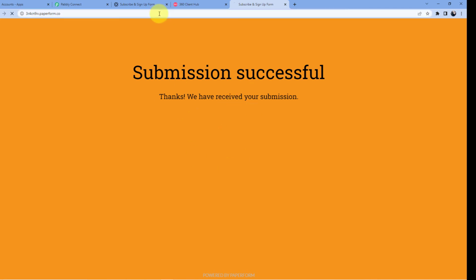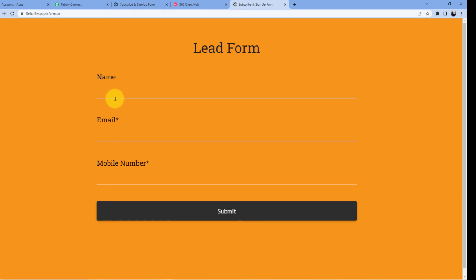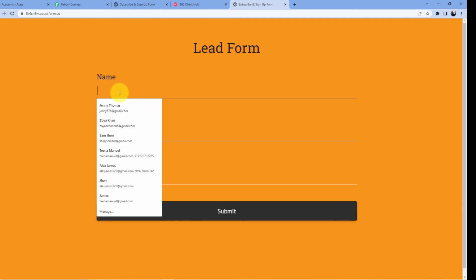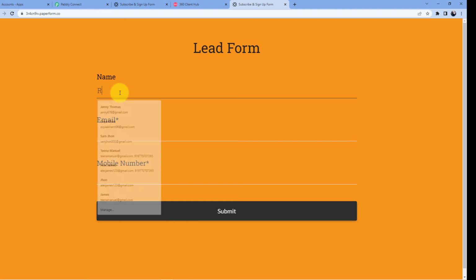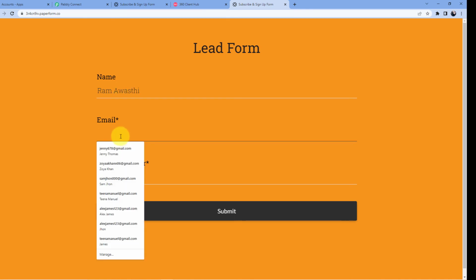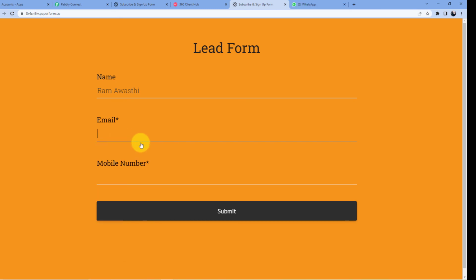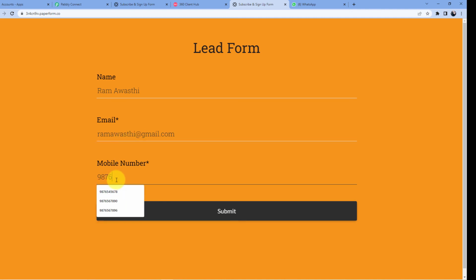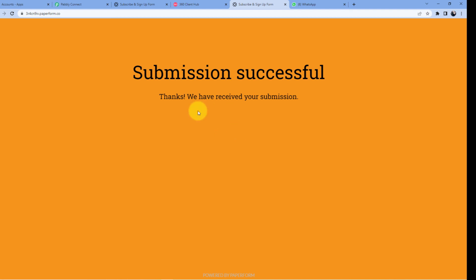Now I am just going to do it one more time. And now what will happen? When I will send this message will be sent to my personal mobile number. So here Ram Avasthi. Email is ramavasthi@gmail.com and mobile number is 12345678990. Okay, so now I'm just going to click on submit, and as soon as I will click on submit,